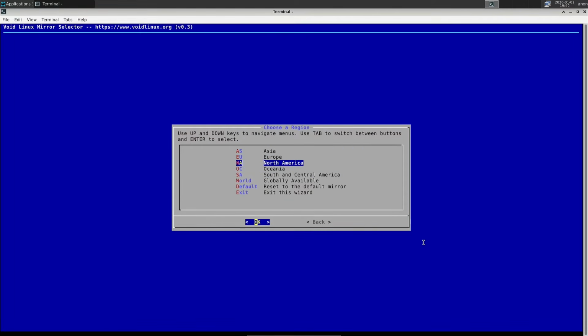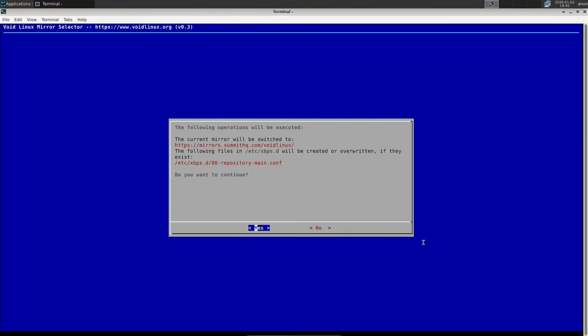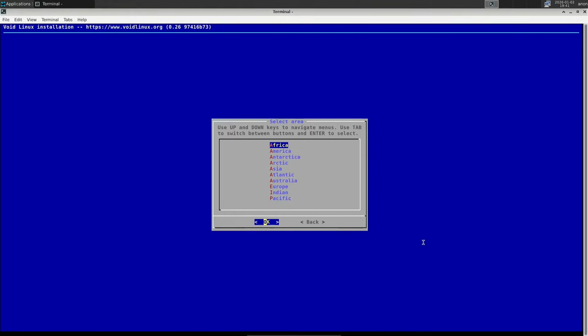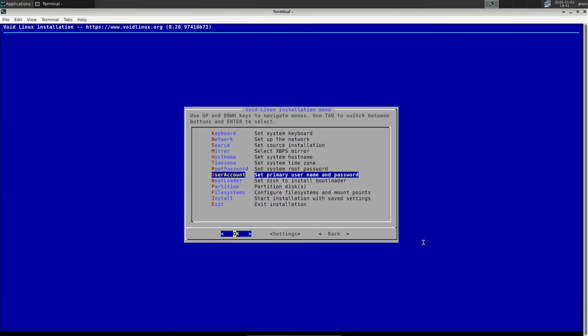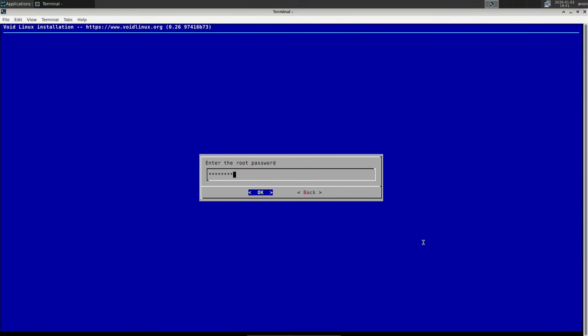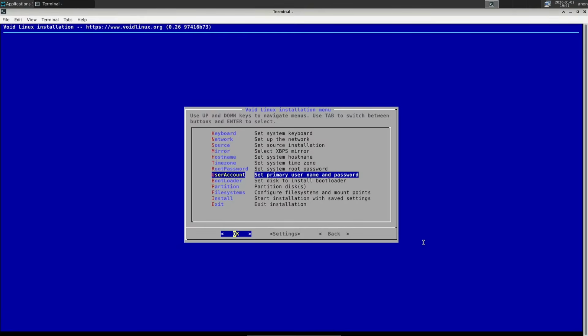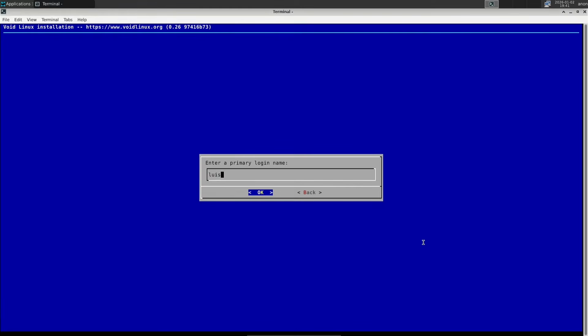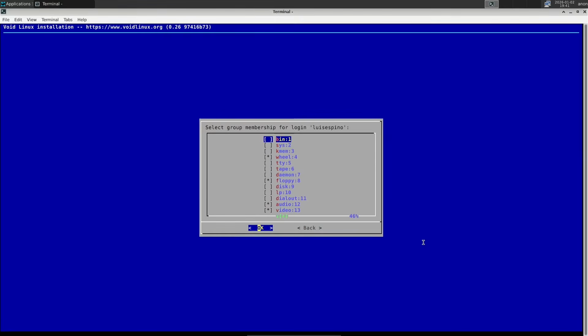Then we select the mirrors, choosing the closest ones. Then we select the time zone. In my case, I select Guatemala. Now, we enter the root password and confirm it. We create a user by entering the username, the name for the username, and the password and confirmation, along with